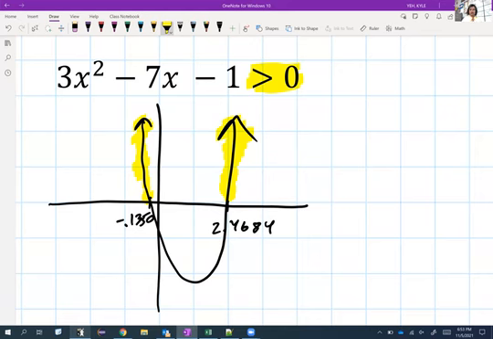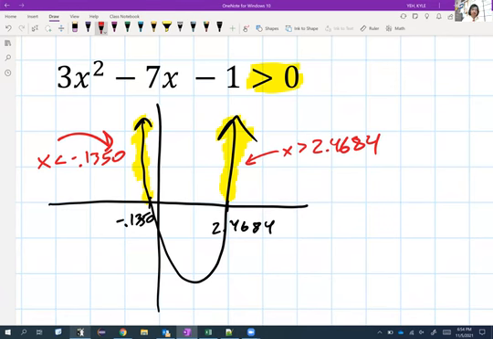So where is that in terms of my x values? That left-hand one, I'm going to say, well, anything less than negative 0.1350, because anything less than that in the x direction will be to the left, and that's my yellow shaded region. What is this? This is anything greater than